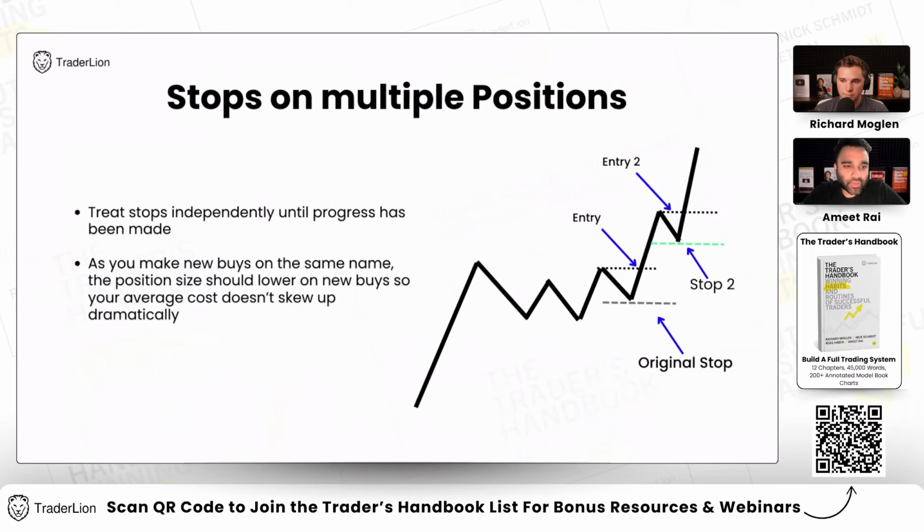I always treat it, I would say, separately, not the same at all. Only when the 21 day moves above the average cost, once again, is when I will treat it as one position, because that is how I manage trades that are up 20, 25% from my entry. But unless that happens, these would be two separate trades and two separate position sizes. The position size for entry 2 will always be lower than the position size for entry 1, just so that the math works in my favor.